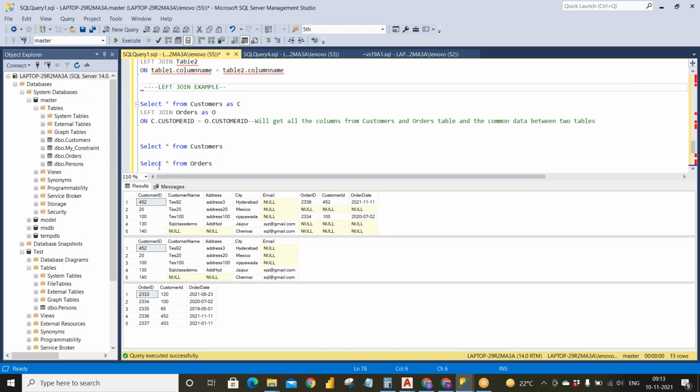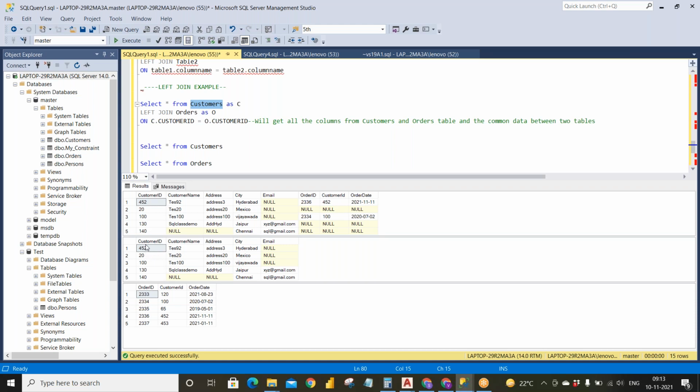Okay. So the first is the joined one. Let's keep it aside for now, and we will see the customers table and the orders table. As this is a left join, it will take the data of the left table, that is customers, which is table 1. So I need to get all the data from the customers.